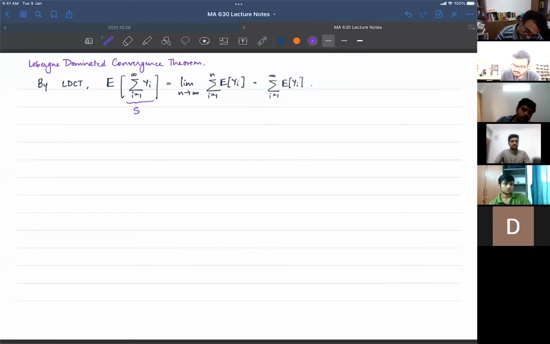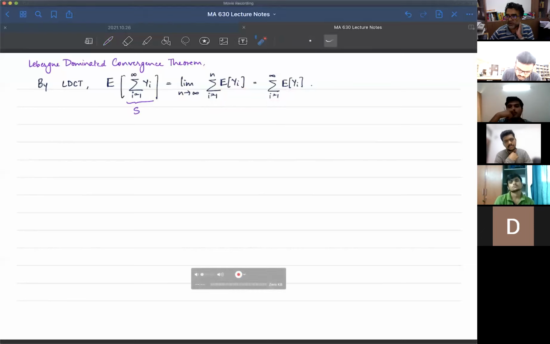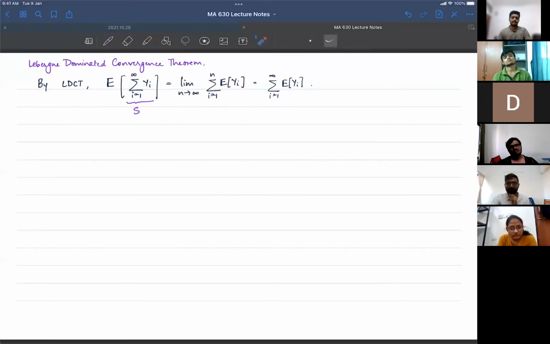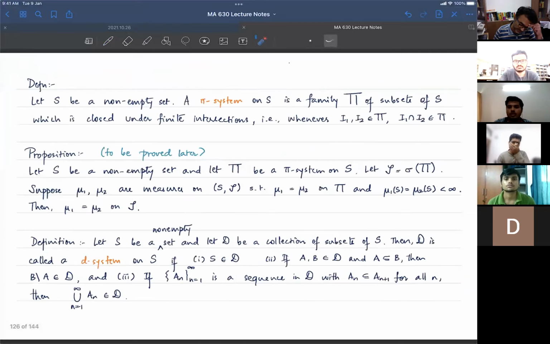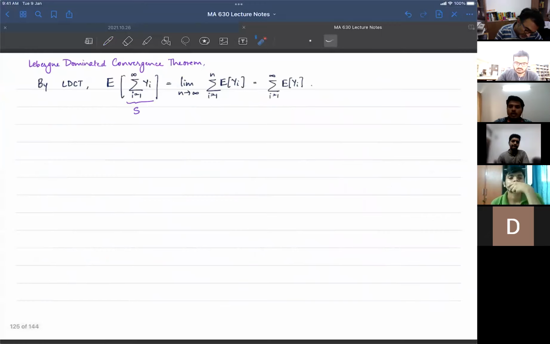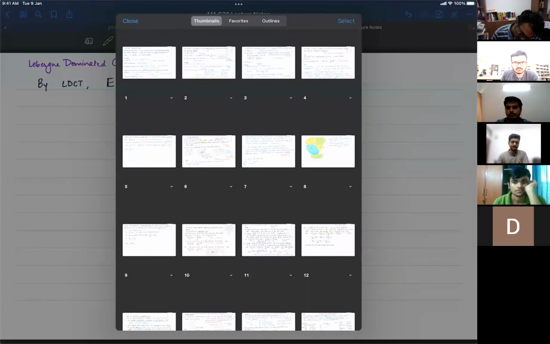Is going to be the limit as n goes to infinity of the sum, i going from 1 through n, of the expectation of Yi, which is the sum, i going from 1 to infinity, of the expectation of Yi. And this is exactly what we wanted to prove. Any questions? Questions? So this is the lemma that you need to plug in that hole that was there in that theorem we did earlier. Okay. So the next thing we need to talk about is,